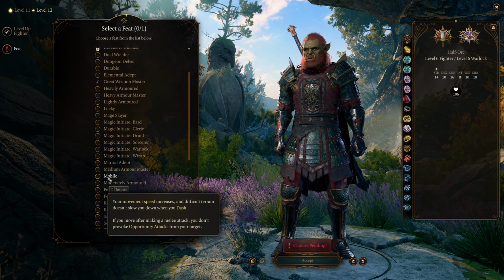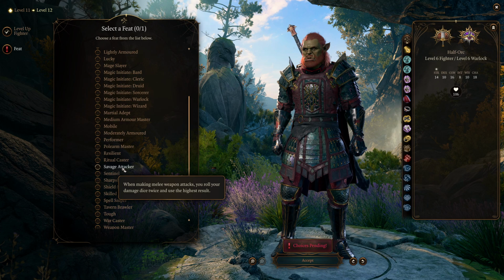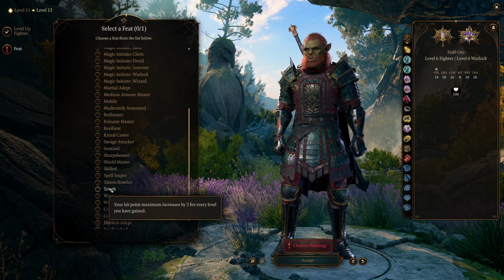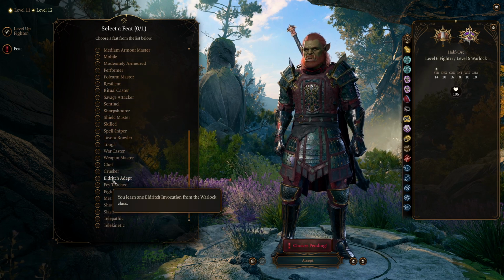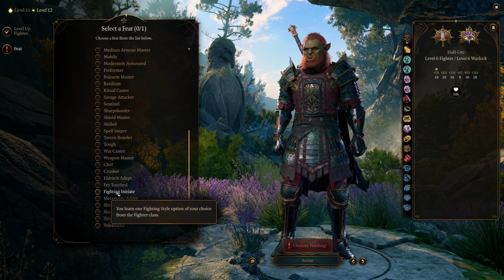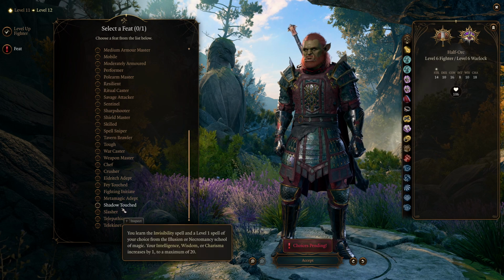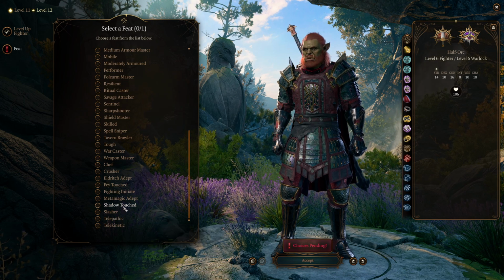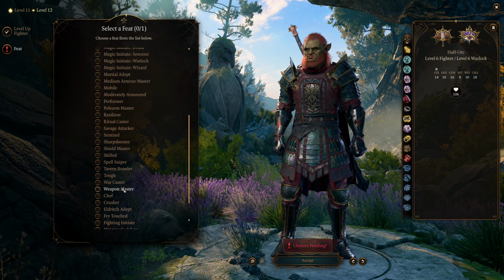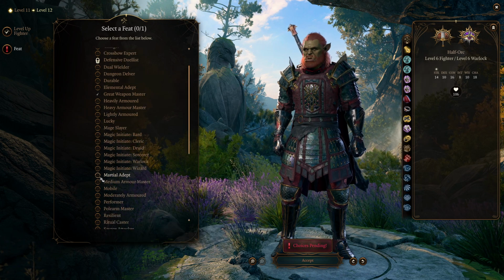You could go for Mobile if you want some more movement speed. There's things like Savage Attacker if you want to deal even more damage, Tough if you want to be even tankier, there's things like Eldritch Adept if you want another Eldritch Invocation, there's Fighting Initiate if you want another fighting style, and in fact you can even mess around with the stats a little bit in this build if you want to use things like Telekinetic, Telepathic, Shadow Touched, or Fey Touched to get some more spells, but I'm going to be going with what I used for my testing, and that is